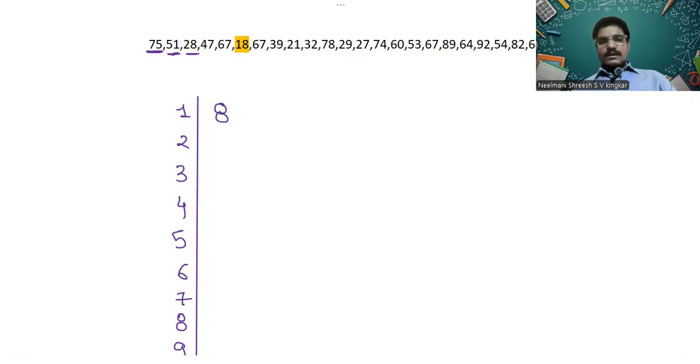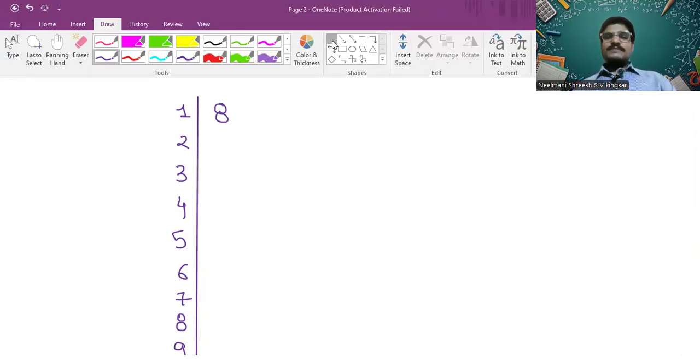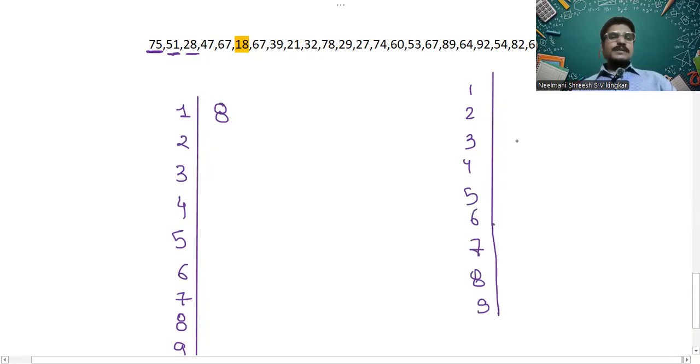Now, what we can do is while writing generally, we can always make a rough stem and leaf, and then we can arrange them. So let's say I'm making a rough stem and leaf here. But remember, stem and leaf is a diagram. So this practice is good when you are doing it for the first or second time. And when you're doing an exam, always try to make a rough diagram, and then you have to do it